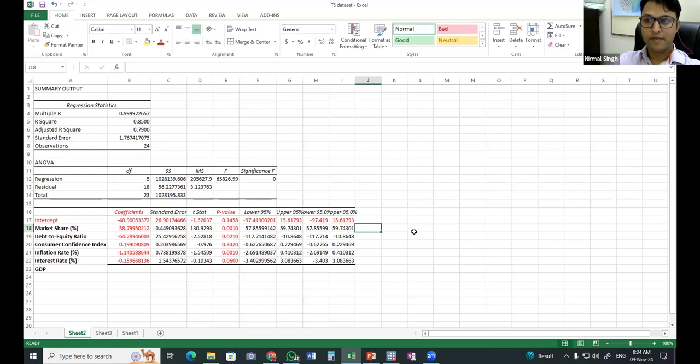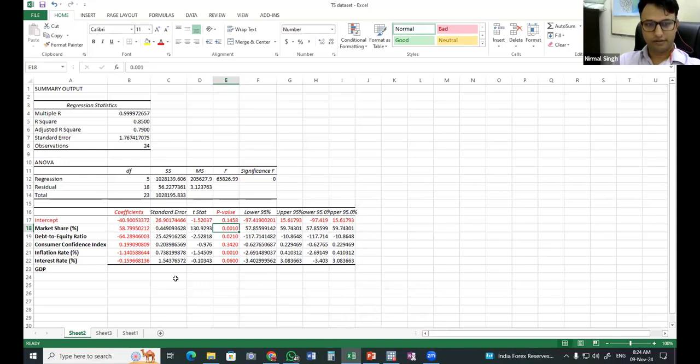I'm not distinguishing, for example, Maruti Suzuki, which might have a different market share. For that, we need to tell the software that there are different companies involved, so consider different indicators based on that and then give the coefficient. So this is a pooled model which just clubs all the data and gives us the model.